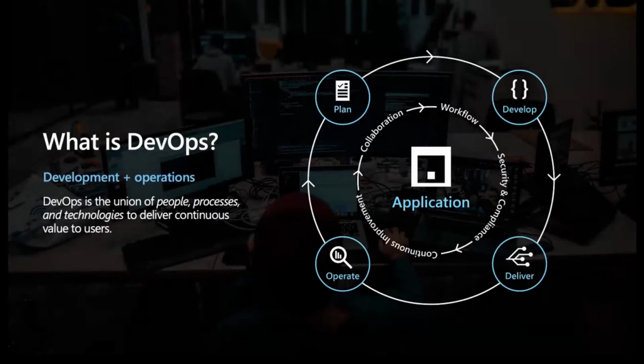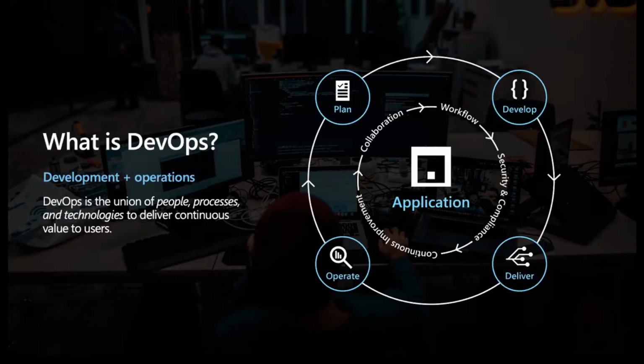Okay, thank you, Steph. So I'm going to be talking all about Microsoft's journey, transforming both from a DevOps perspective and how Microsoft focused from a developer velocity perspective as well. Before we jump in, I just want to start with a definition of what is DevOps. Because if you survey 100 people, what is DevOps, you probably get 100 different definitions. And the Microsoft definition is this on screen. DevOps is the union of people, processes, and technologies to deliver continuous value to users.